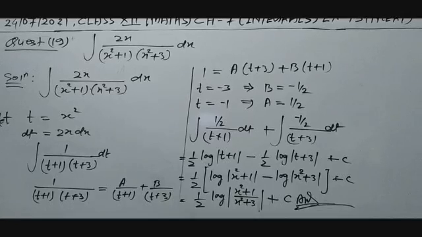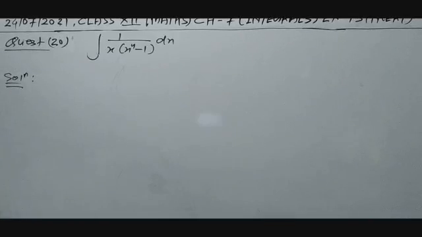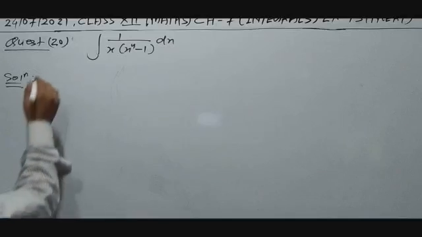Now come to question number 20. Question number 20 is integration of 1 upon x to the power 4 minus 1. So in this question,